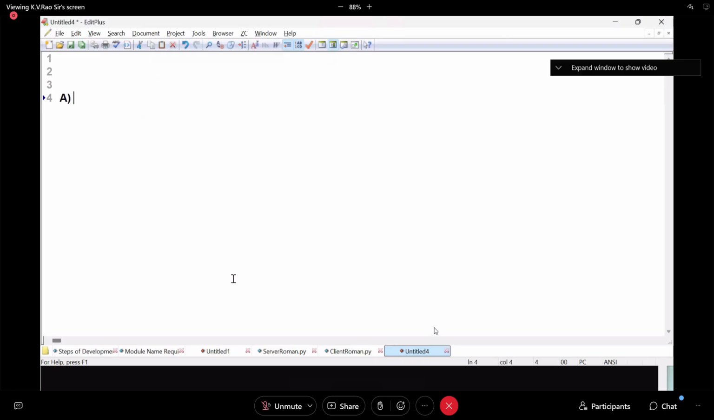Write a server side program in such a way that it should accept a number, employee number or roll number, you write. It should accept a roll number or employee number, whatever you like, from client side program